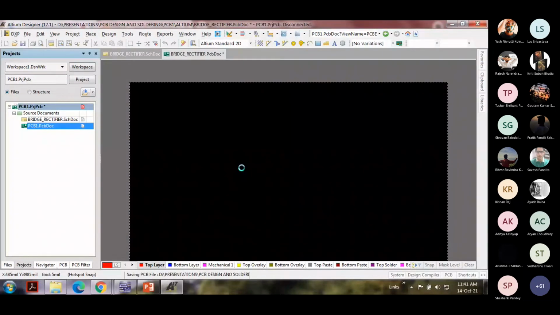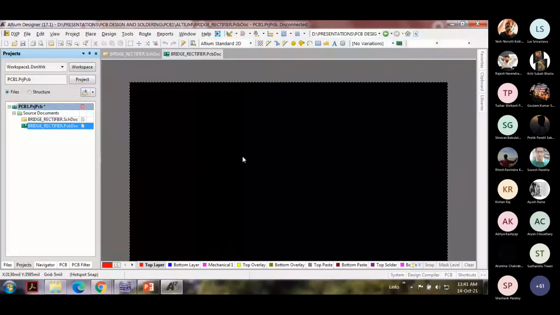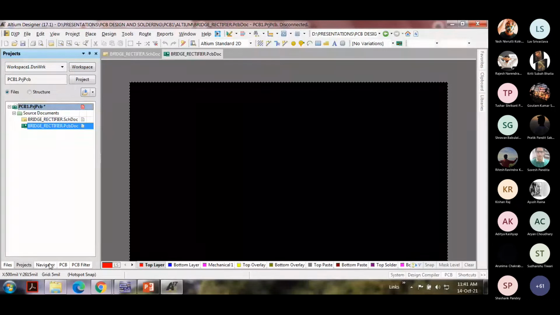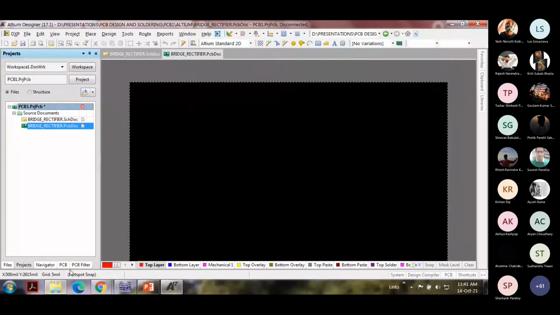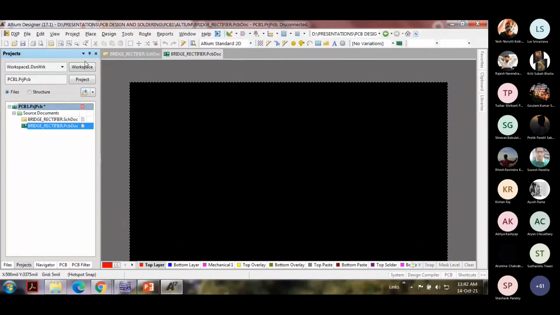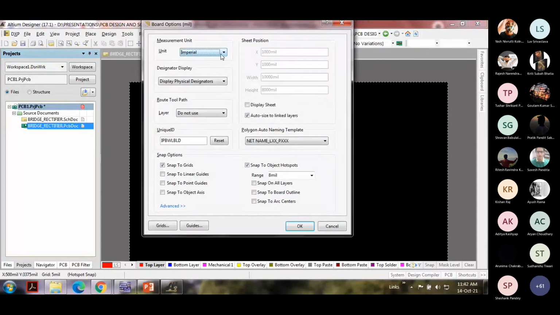All right. Now you'll see that on the left hand bottom corner over here, do you see this? The X and Y you have in mils. We don't want them to be in mils. We want to use the metric system. So for that, first you have to change that from board options. I'll show it again. Go into Design, Board Options. Here by default, it is imperial. I'll make it metric. That's all.